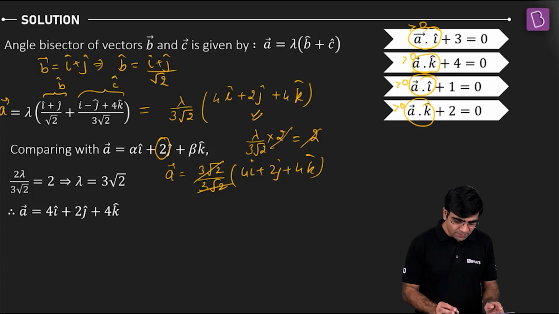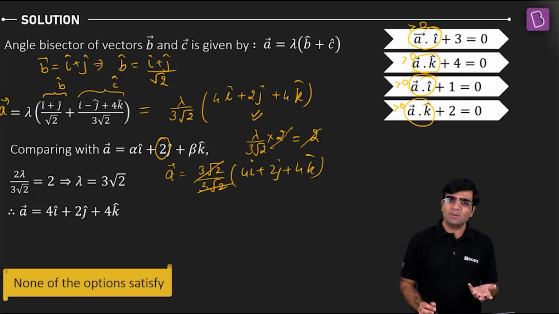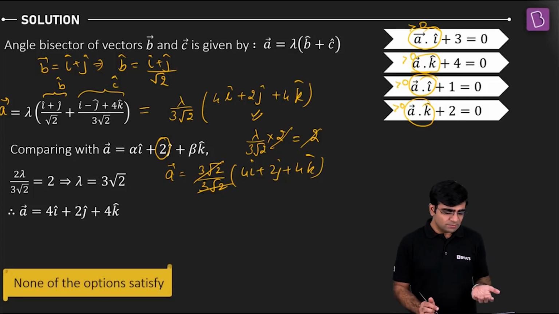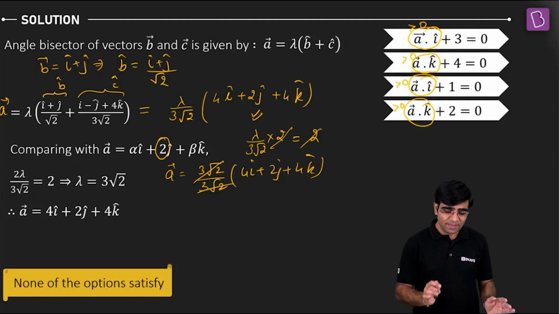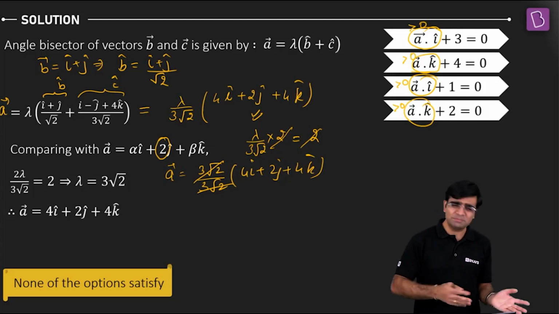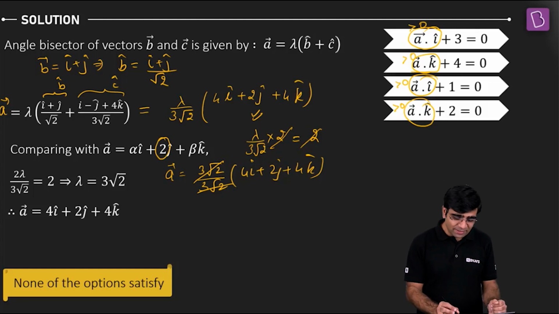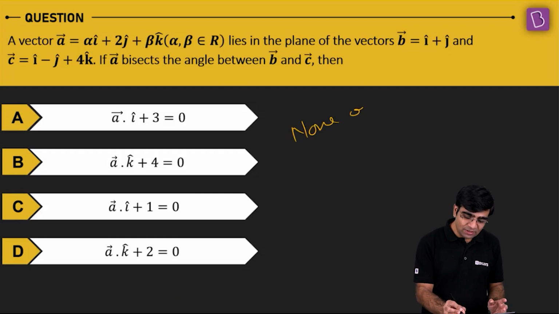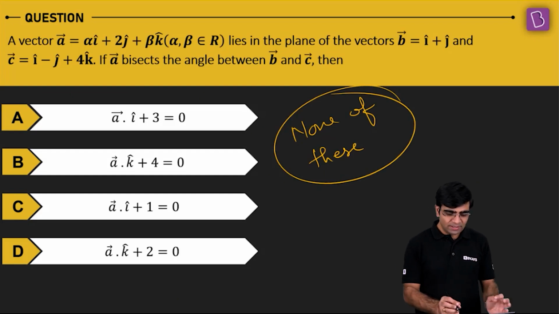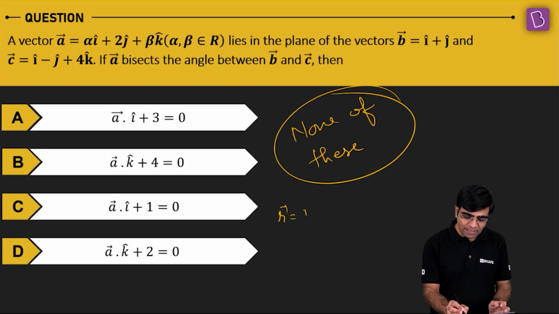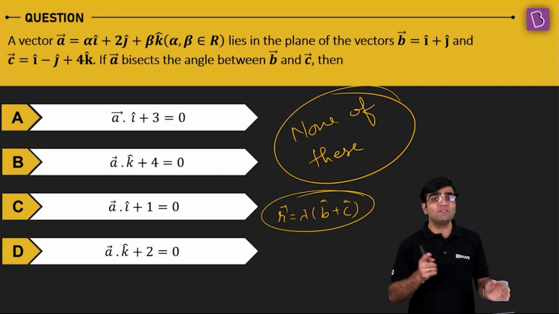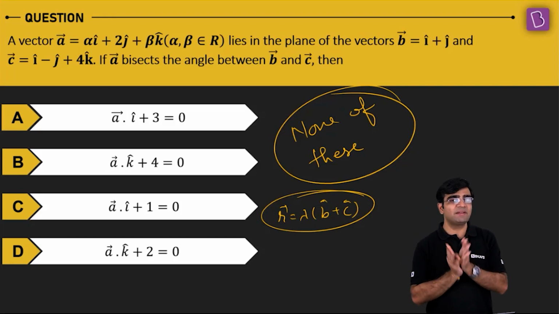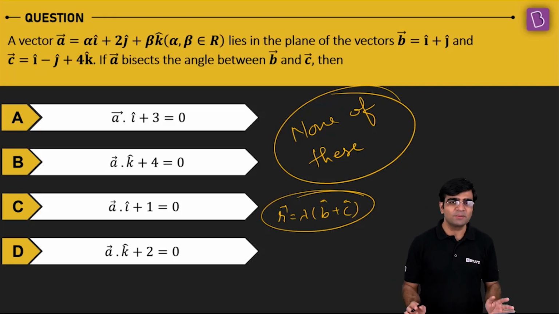Now you must be wondering how it can be. Yes, there was an error. None of the options actually satisfies, so this might be a bonus for the people. For this question, none of these is the answer. I hope the logic is clear, right? For the angle bisector direction, the general vector will be lambda times B cap plus C cap. B cap plus C cap is the direction of the angle bisector of the angle between vector B and vector C. Sorted, and then we have figured it out. All right.